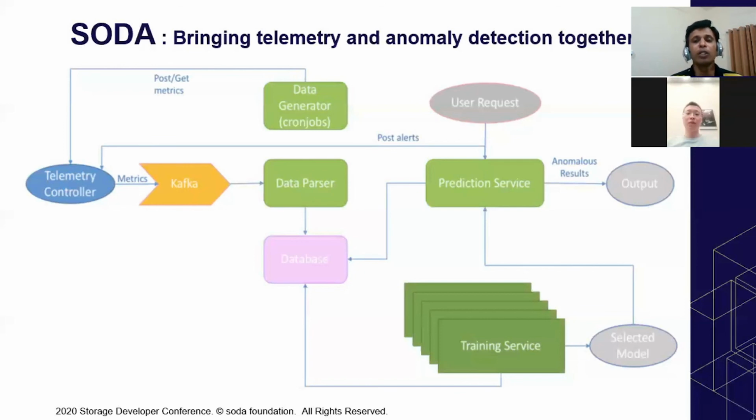distributions, right? When the prediction service is run and an anomaly is detected, this anomaly can be fed as an output to the user, and it can be sent as an alert back to the telemetry controller, and from there an alert will be generated to the user. So this is the project